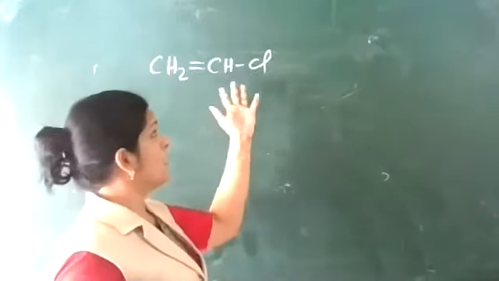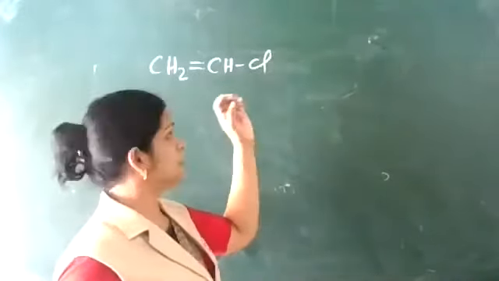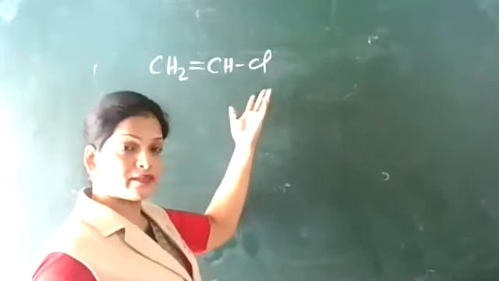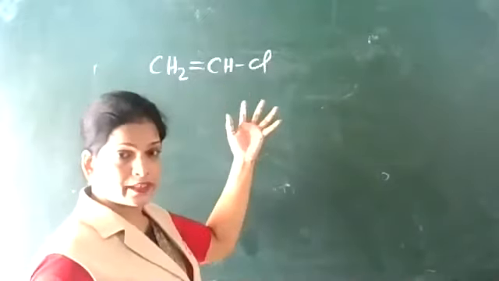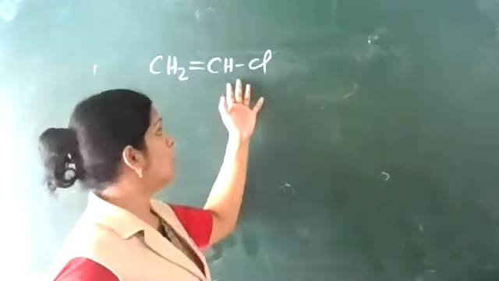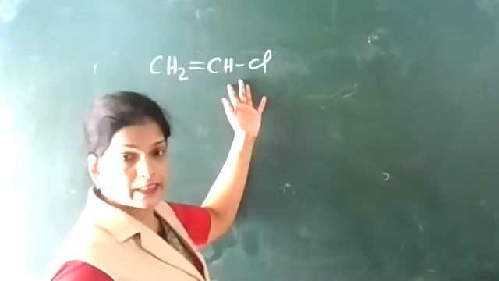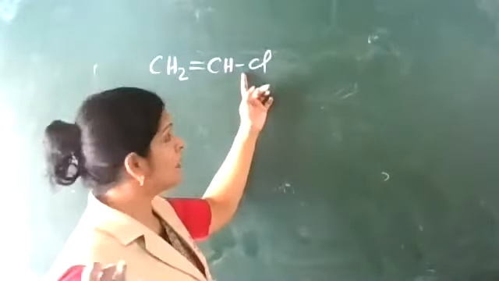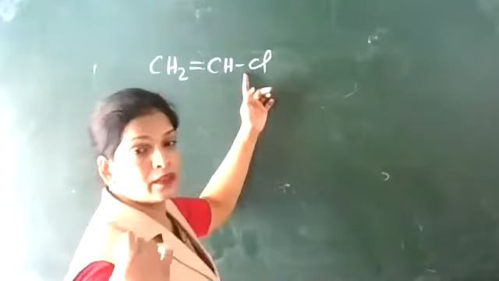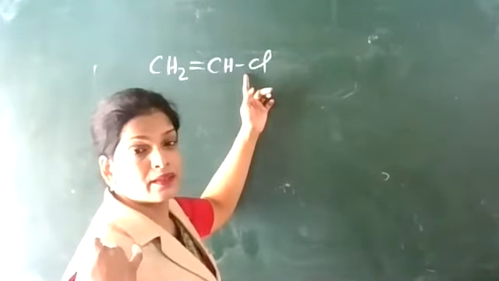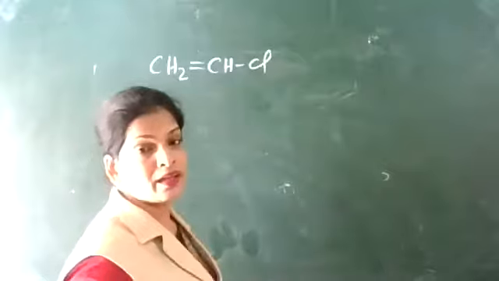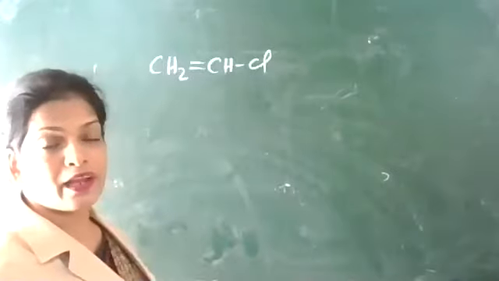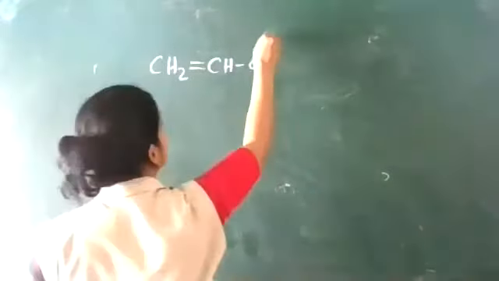Whether the outgoing group is in the minus state or the delta minus state, some minus charge should be created over there. This bond has to become long, and in the case of the SN2 mechanism, for easy cleavage, this bond has to be pulled away more so that the bond length increases and finally breaks. But in this case, the bond will not be elongated. Why? Because